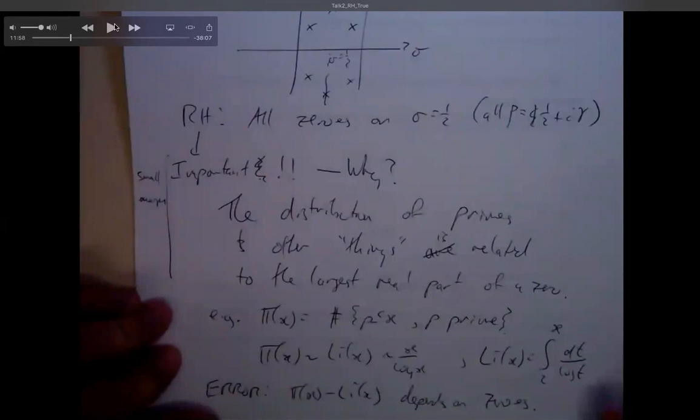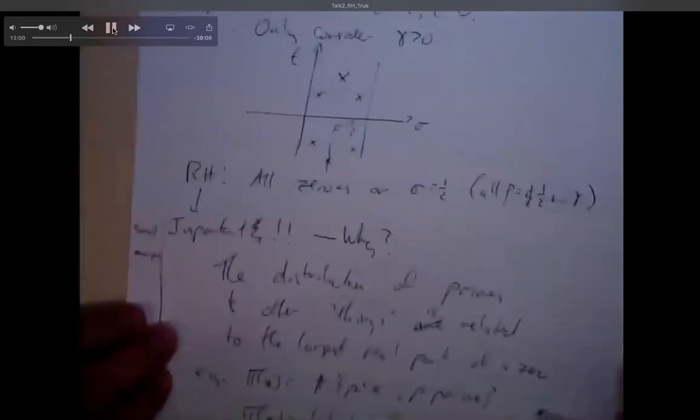So I'm telling you this, you just have to take it on faith for now. I'm telling you that the error, the discrepancy, if you like, between the actual number and its main term depends directly on the zeros. So if all you're interested in is counting primes, then you're absolutely interested in where the zeros of the Riemann zeta function are. I wish there were another way. I wish there was some way we could count primes without that. I just don't know of any other way.